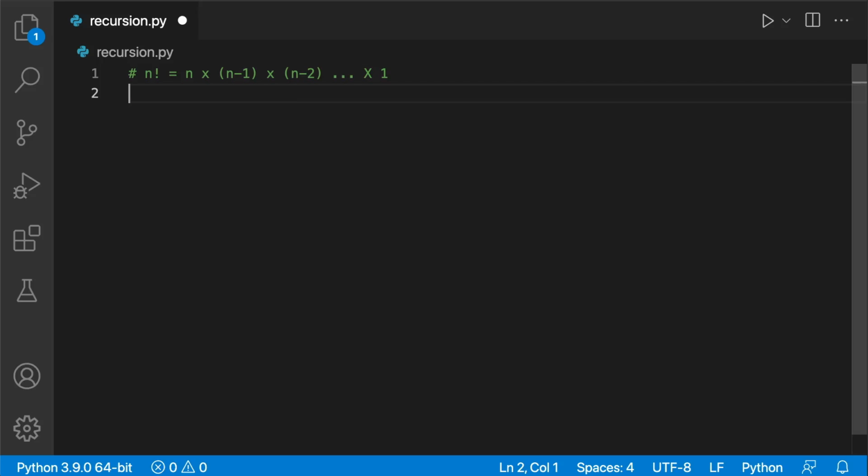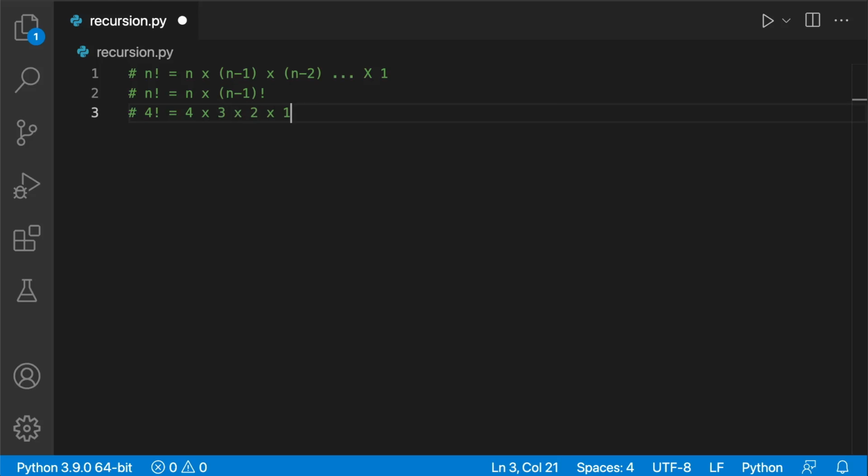Another way we can write this is n factorial is n into n minus 1 factorial, because n minus 1 factorial is the product of numbers from n minus 1 to 1. This is what a factorial's definition is. For example, if you take 4 factorial, it is 4 into 3 into 2 into 1,